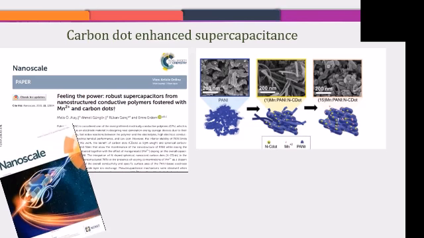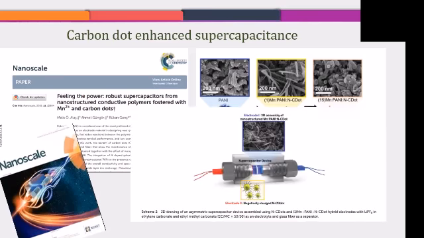So to diminish this, we use carbon dots as a filler to fill the material for increasing the ion exchange there. We made these very nice supercapacitors. One side is painted together with carbon dots, the other side is only carbon dots. So this study was the first one that we used the carbon dots as an electrode in supercapacitors.